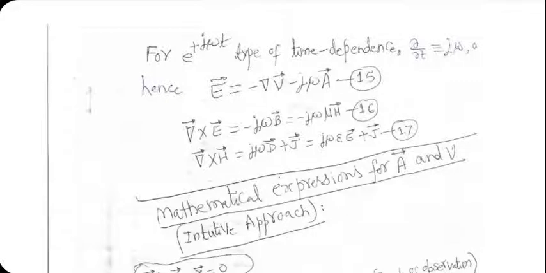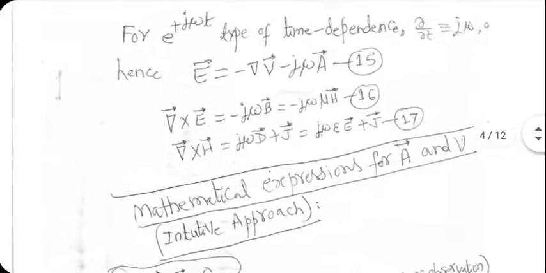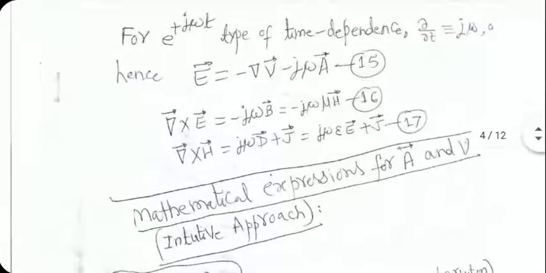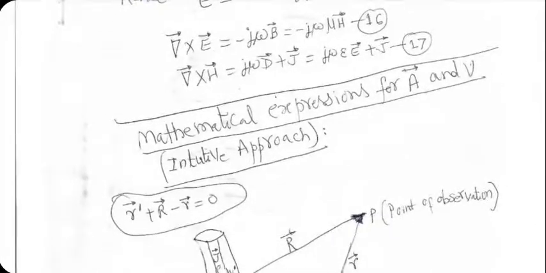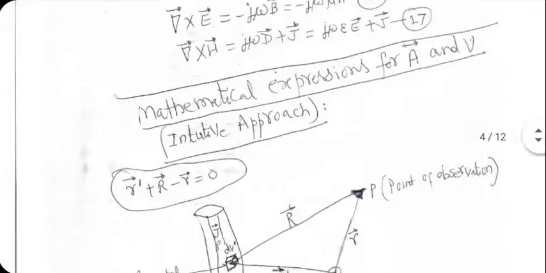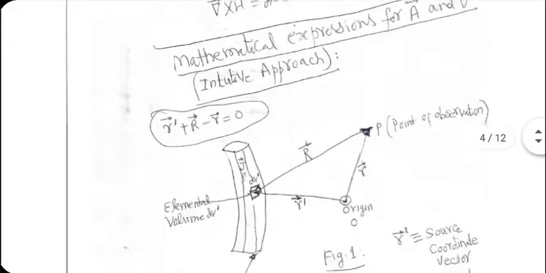Now, how do you figure out formulas for A and V? There are two different methods. One is based on intuition, based on things that we know in electrostatics and magnetostatics, that means non-time varying electrical and magnetic analysis. Based on that, we can generalize our understanding to time varying cases. Another approach is purely mathematical. Hopefully these two would converge with each other. The physical or intuitive approach is here.